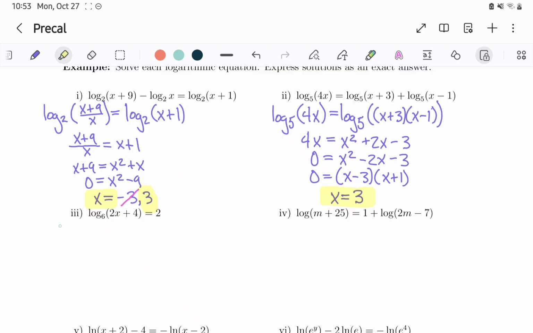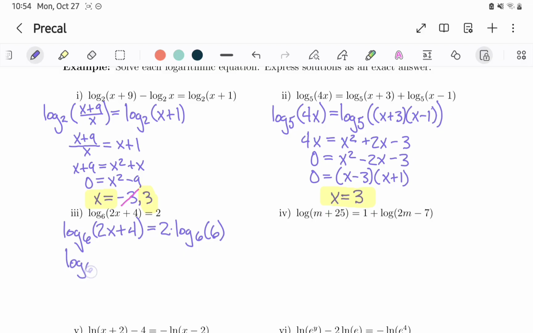Let's go ahead. And the first thing we can think is that 2 times 1 is equal to 2. And by the way, 1 is equal to log base 6 of 6. So we can rewrite this equation as being the same as log base 6 of 2x plus 4 is equal to 2, and then times log base 6 of 6. Then from here, we can go ahead and use the power property to say that this is the same as